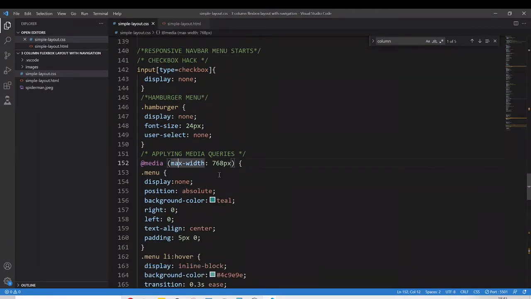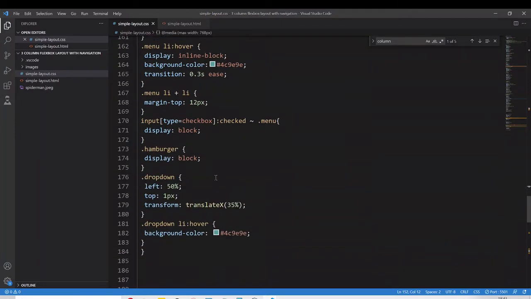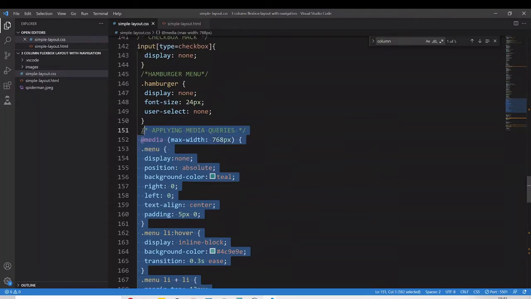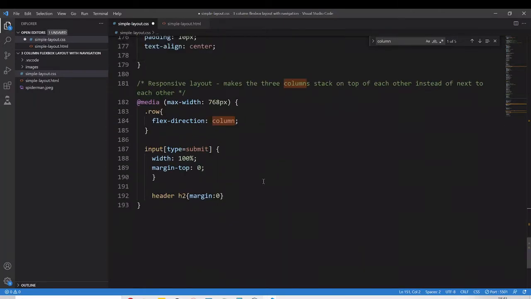I have a media query here that I want to move later on, because it's not sitting at the end of my file, so I do need to move that media query. I'm going to move that to the very end of my document. Here it is. Oh, and I have two media queries, so